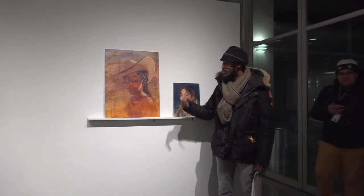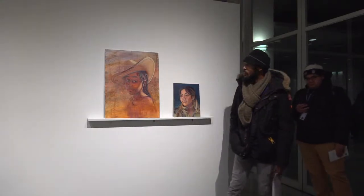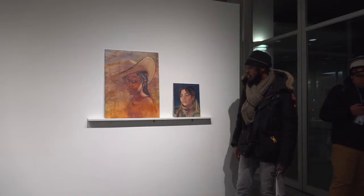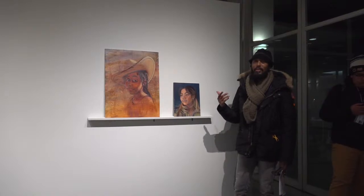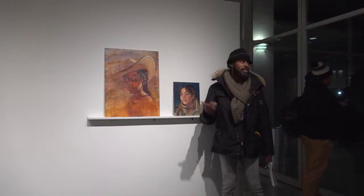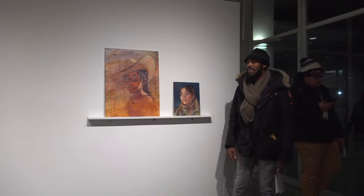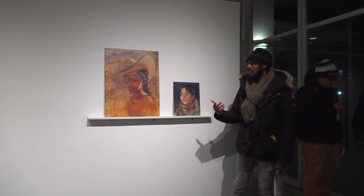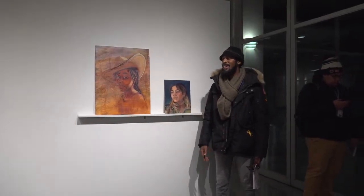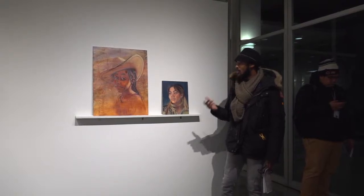So yeah, that was one of my cowboy hats that I happen to have around the house. And this is another portrait I did. I follow quite a few artists, and some of them pop up on Instagram and offer these classes, and I thought, oh, this seems interesting. I went to this one teacher, because although I'm a teacher, I still love to learn, and so I signed up for her class, and there was a portrait of this young lady she was